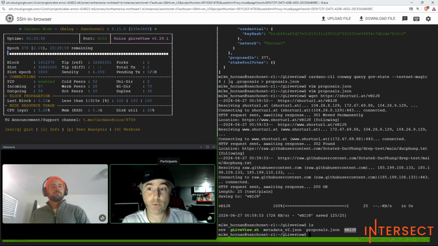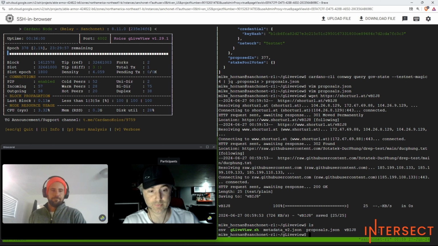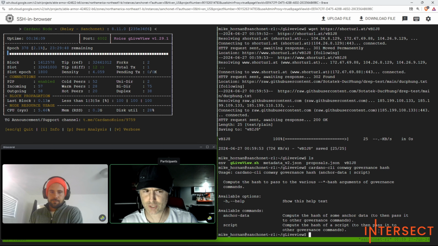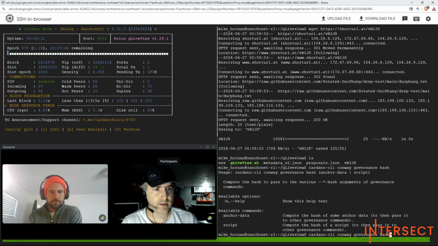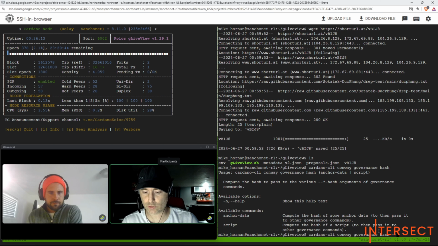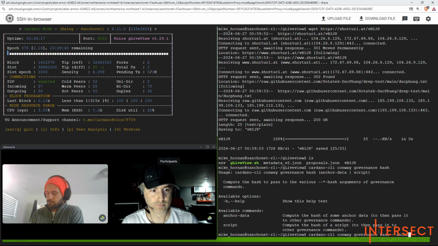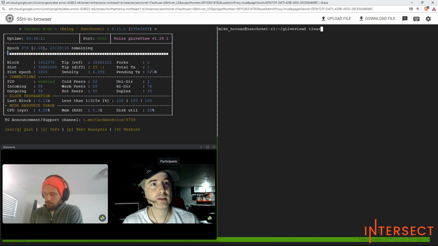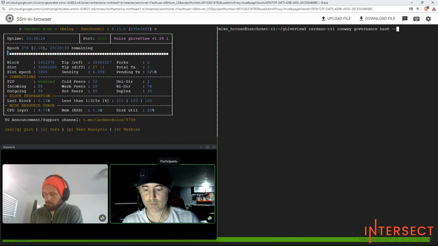I'm going to generate a hash from it by using the command cardano-cli conway governance hash. And then I want to have the anchor. Actually, I'm just going to clear this so it looks better. I'm going to get the anchor